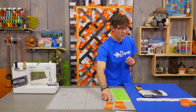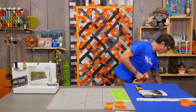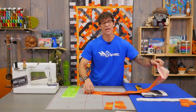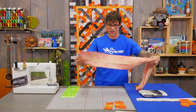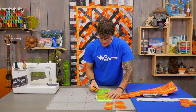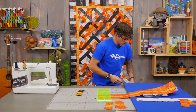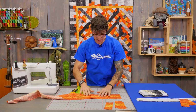I'm going to use 1 wide one and 2 of the narrow ones, but I got ahead of myself and I need to go ahead and make us some of these. So you can work from either end. When I'm sewing, if I'm making strip sets, I always sew from one end down to maximize the amount of fabric I have. So I'm going to go ahead and cut from this end. You can see all of those were lined up nice, and I'm just going to shave that selvage off. I don't use it for sewing, but I do use it for starting. And spin this around so I can get those